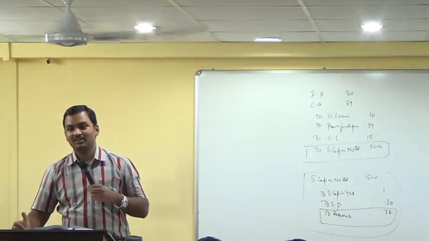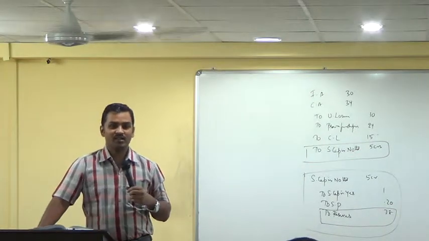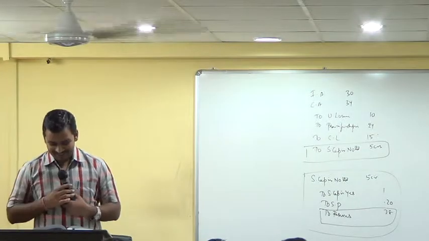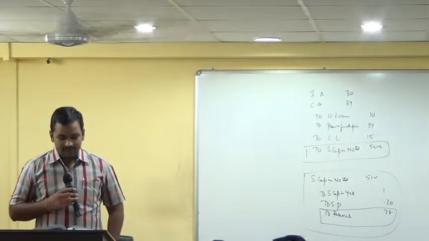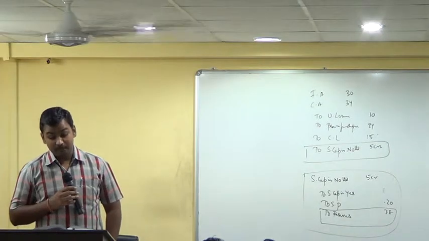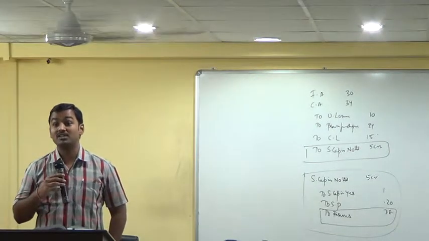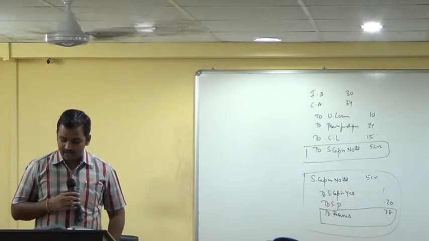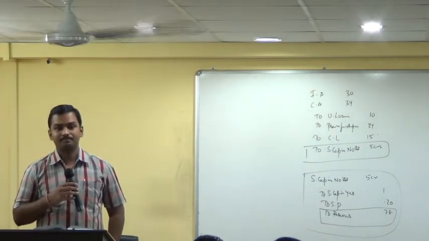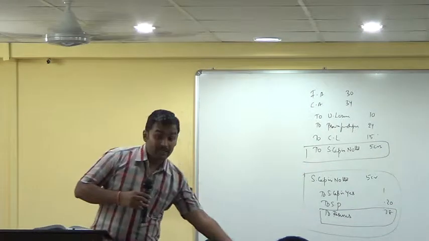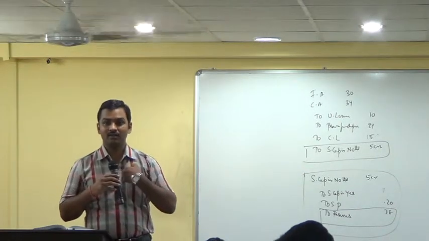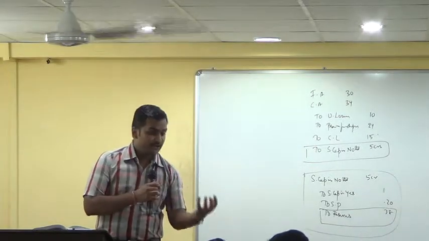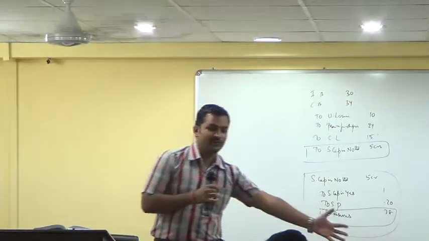Consignment accounting. Goods sent at invoice price. In closing stock you have some loading which has to be removed. Stock reserve. Also P Limited's inventory. That means what? Purchasing company included goods of the invoice value 5 lakh earlier purchased from V Limited. So selling company supplied goods to purchasing company. So when purchasing company is analyzing the stock, it finds that 5 lakh worth of stock came from V Limited.